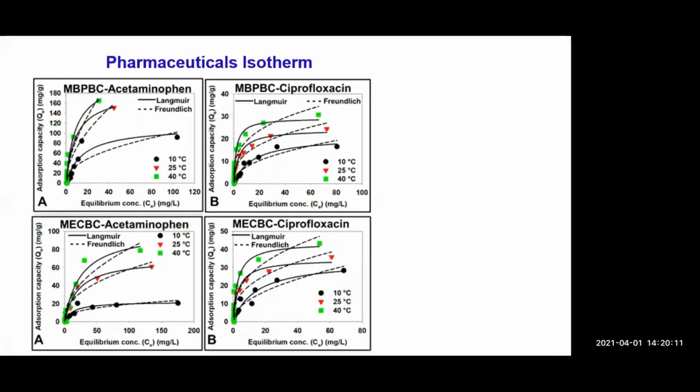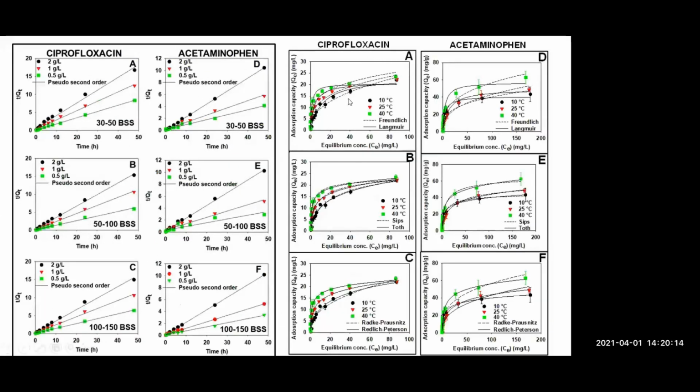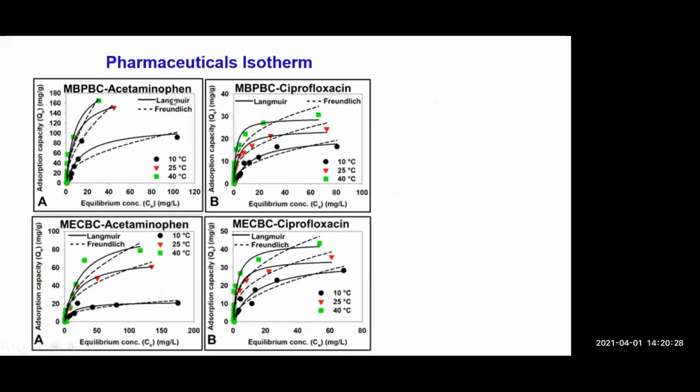rapidly as compared to pristine biochar, where we can see the ciprofloxacin sorption capacity of around 20 milligram and acetaminophen maximum 55 milligram per gram is achieved for pristine biochar. However, the capacity increases up to 180 milligram per gram for acetaminophen and up to 40 milligram per gram in case of magnetic biochar, which shows the importance and role of the development of iron oxides and minerals present on the surface